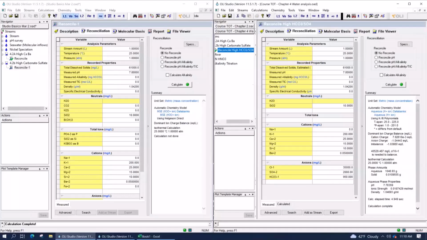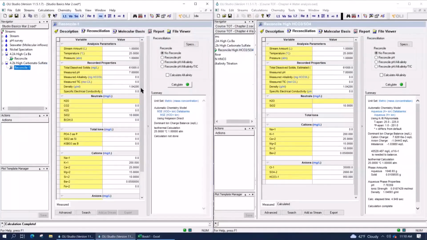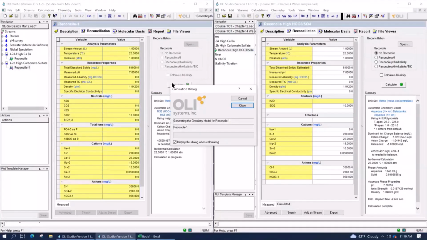As long as everyone's entered that data, then add a reconciliation object. Okay, again, so you click on that button called Add Reconcile. You create this object here. And once again, we're not going to go through all these calculations here. We're going to just avoid that in this particular example. And we're just going to press the calculate button. And what I want to show you is, again, what happens. Again, there's just one thing we're going to do here that's going to be different.